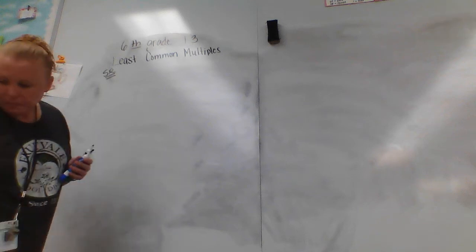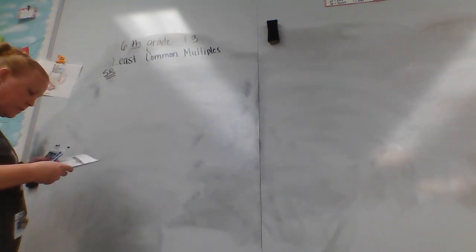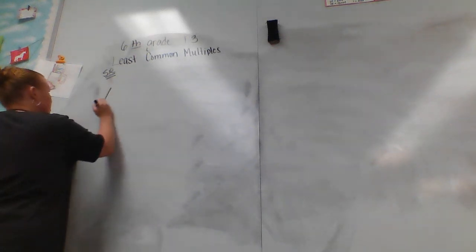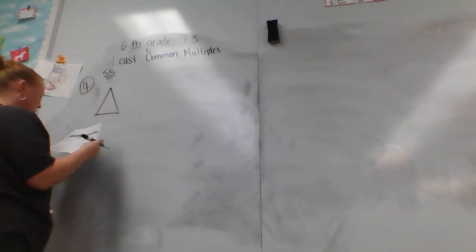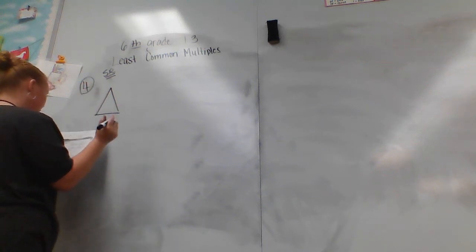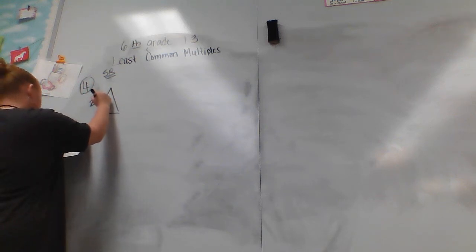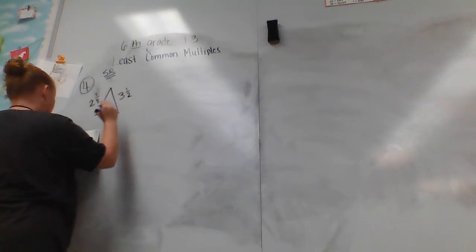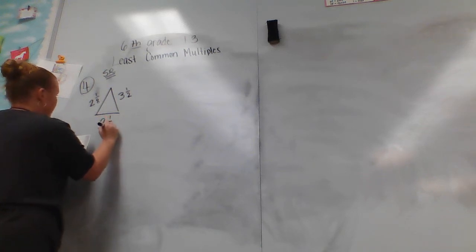Okay. Number 4, it says, what is the distance around a triangle that has the sides measuring 2 1/8, 3 1/2, and 2 1/2. Okay, now